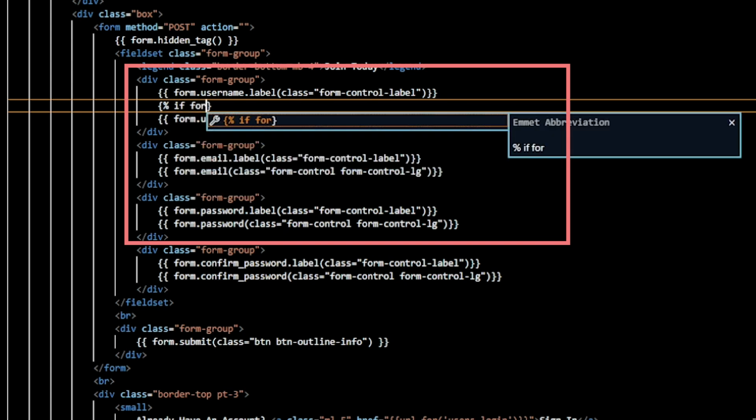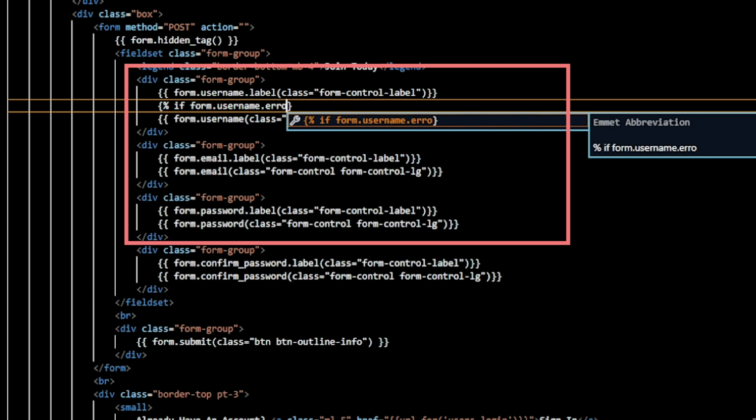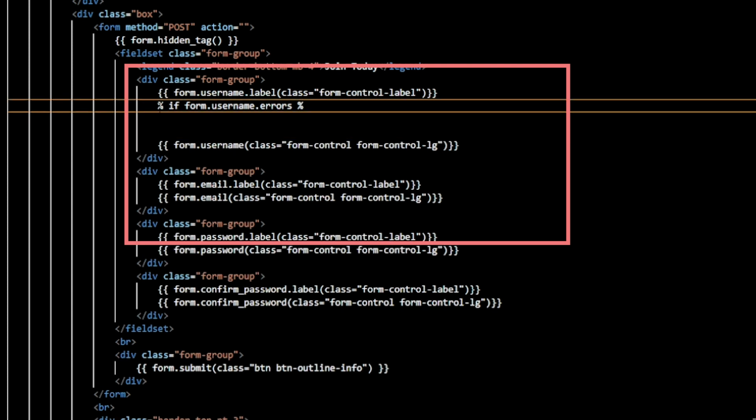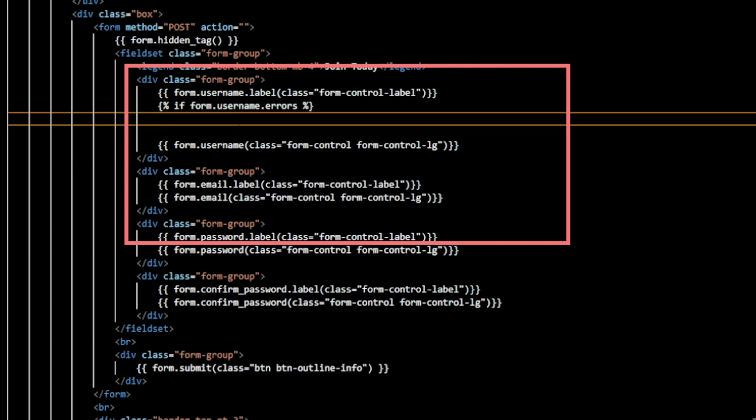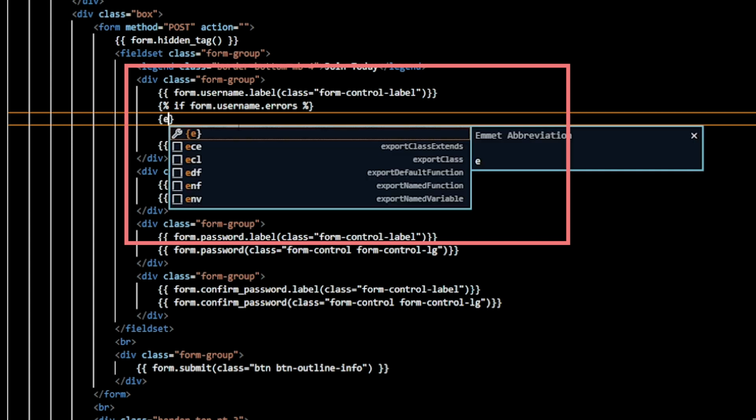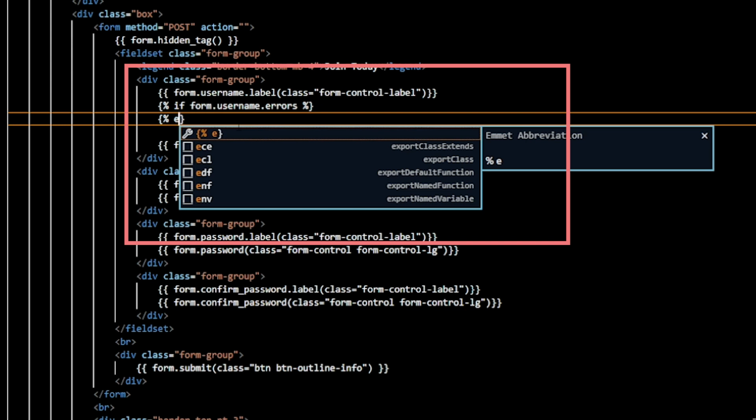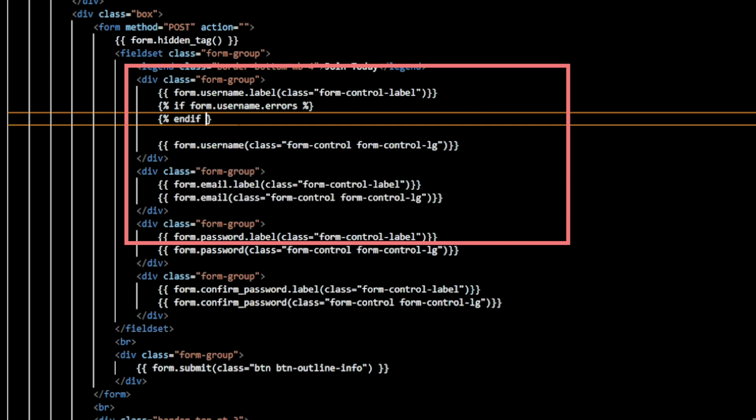If form username has errors, I'm going to close this statement by introducing here an end if. Okay,